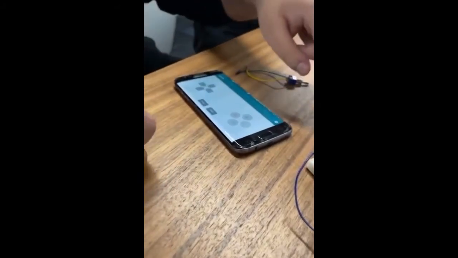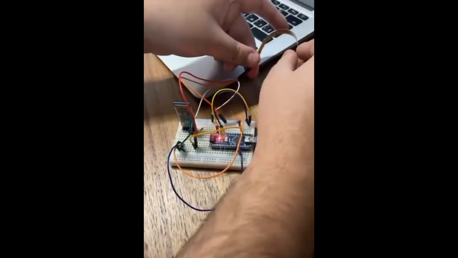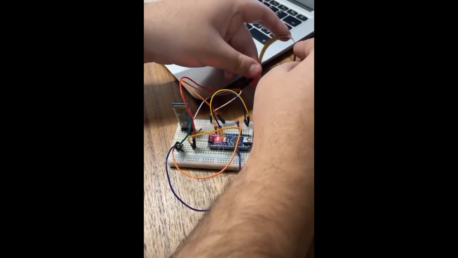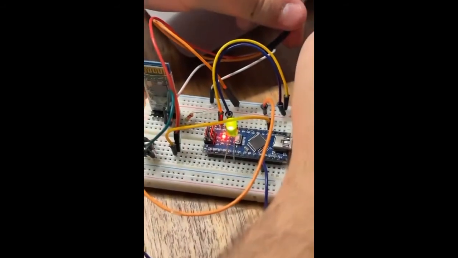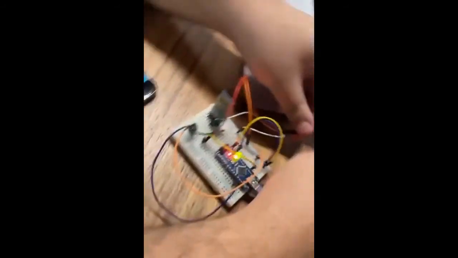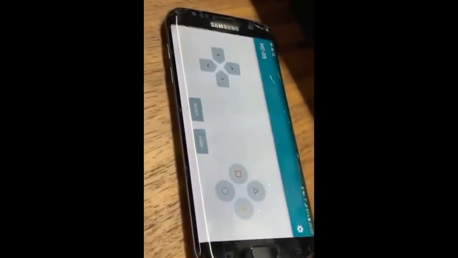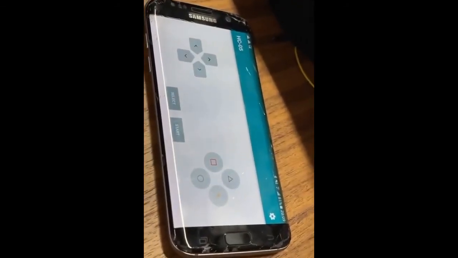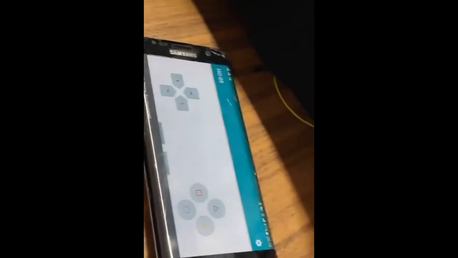This is the current version of the circuit with the flux sensor. We bend the flux sensor. The LED turns on, which indicates the crash situation. And it will send a signal to the app, and the Bluetooth will be disconnected. And after the disconnection, the location of the car crash will be sent to chosen numbers.